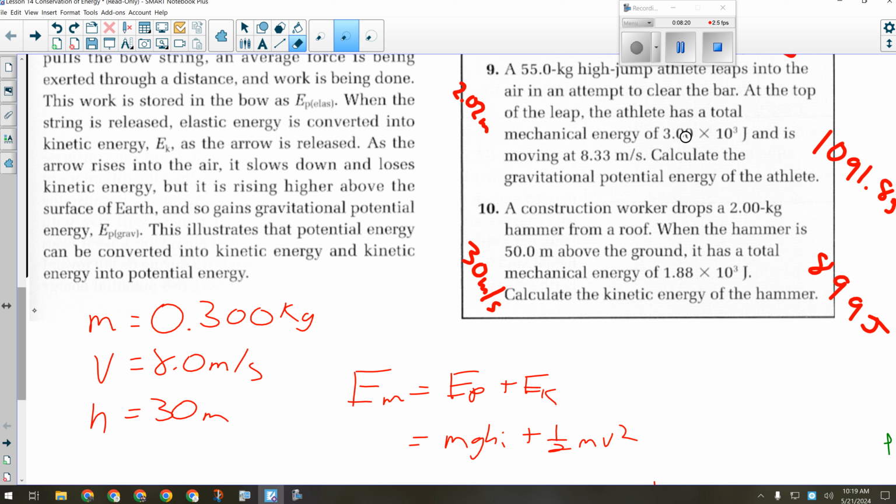Okay, so if I get a number like this, 3.00 times 10 to the 3, I've got to either punch it into my calculator that way as 3E3, or I just convert it back out to normal. Okay, 3 times 10 to the 3 is how much? 3,000. 10 times 10 is 100 times 10 is 1,000. Okay, so that's really all you have to do. It's not terribly difficult, right?